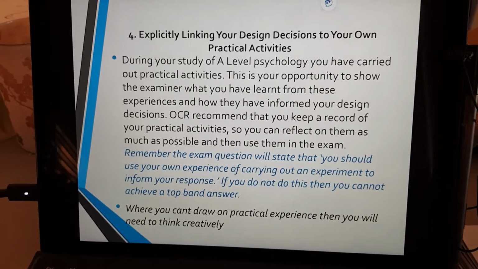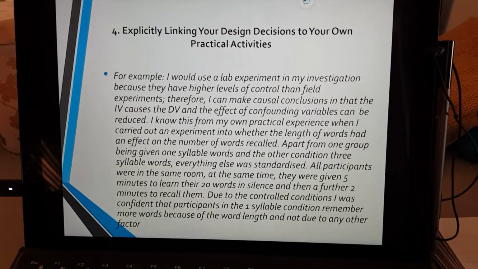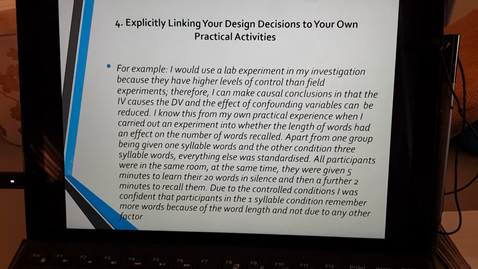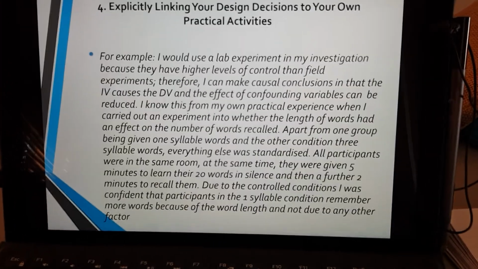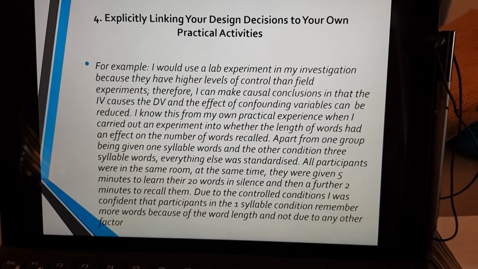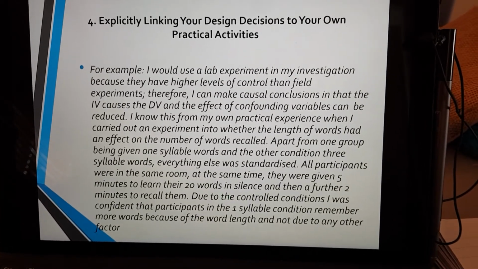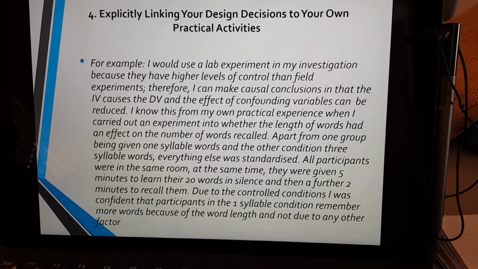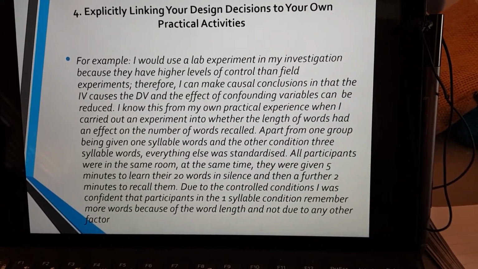Okay, so for example, there's an example which I'm not going to go and read through. You can have a look at it in the presentation later, okay, when you're doing your lesson. There is a missing part of this particular question. They've missed something out. I'm going to ask you to identify what that is. Okay, so they've got 3 of the 4 things that you need to do. But as you can see there, they've made a link to previous experience about where it worked for them and why they're doing it. Another way that you can do it is perhaps if you did it a different way